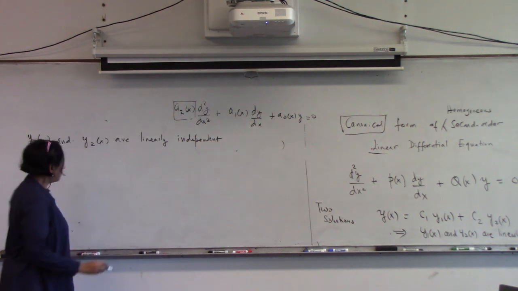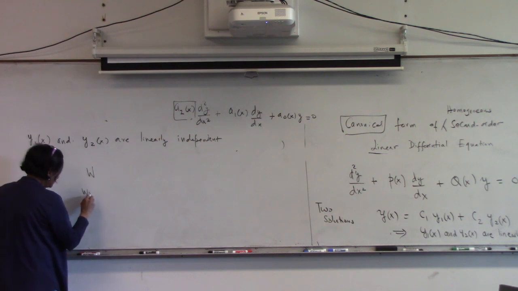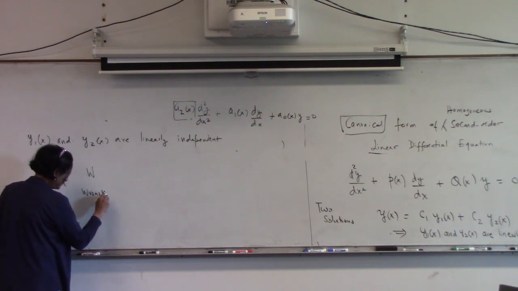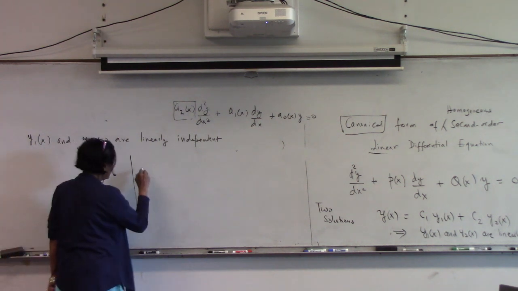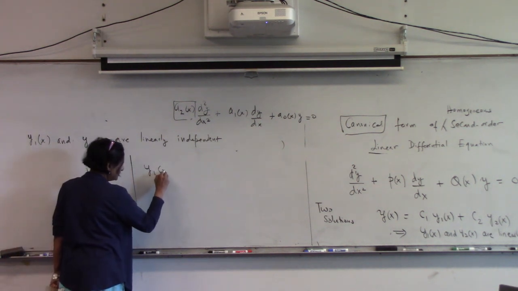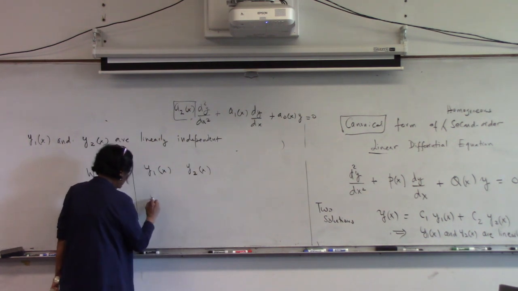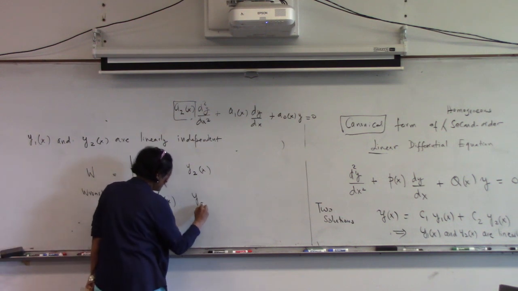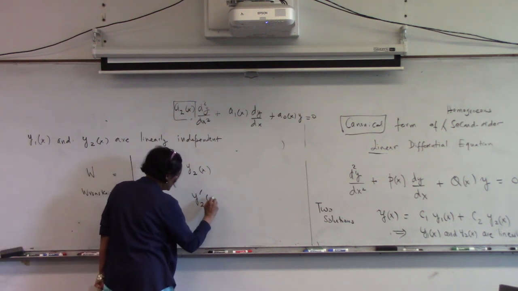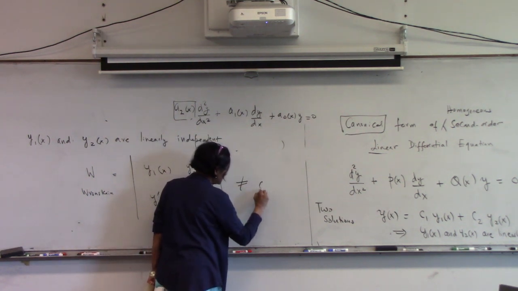So that requires the following. I'm going to define this. The Wronskian is nothing but the determinant of, if y1 is the first solution and y2(x) is the second solution, and y1 prime is the derivative of the first solution and y2 prime is the derivative of the second solution, this determinant should be not 0